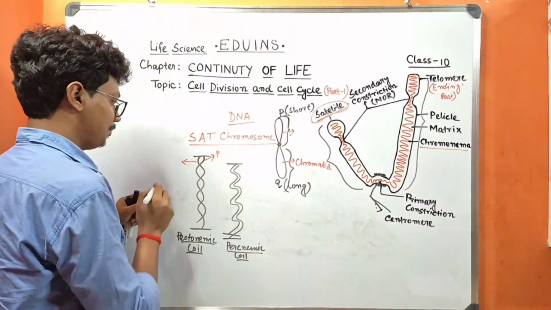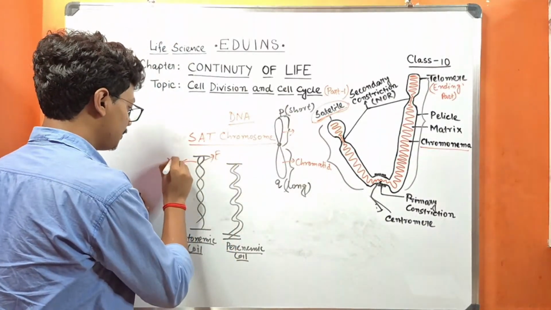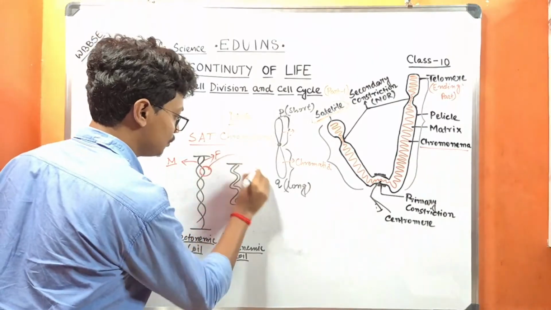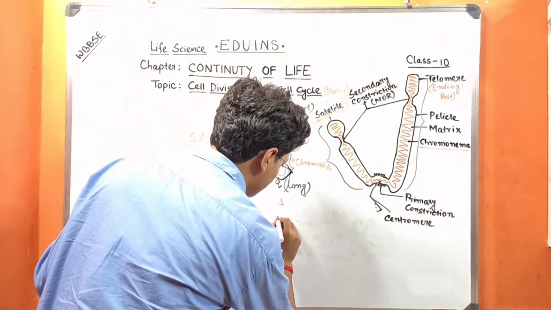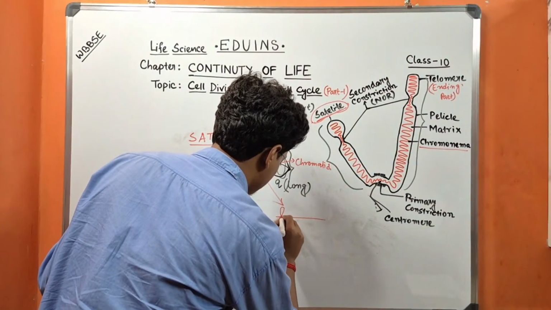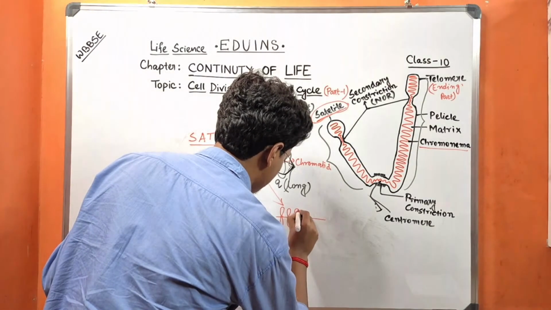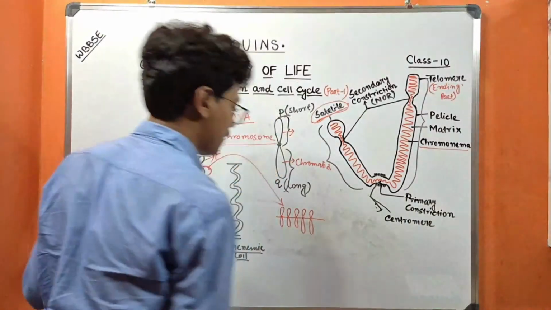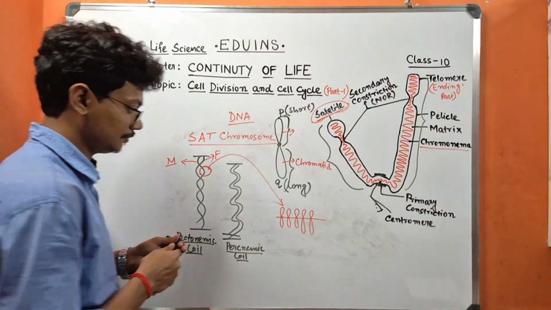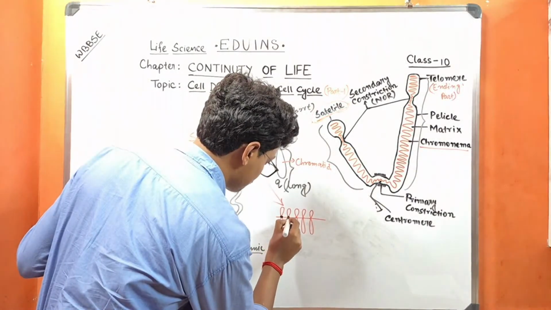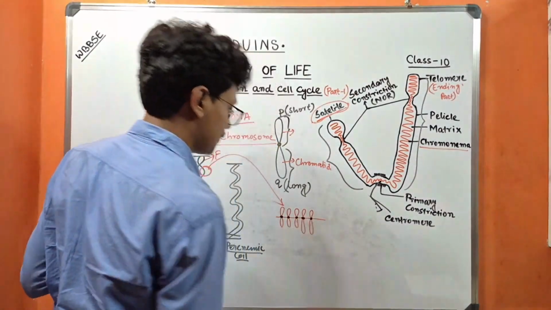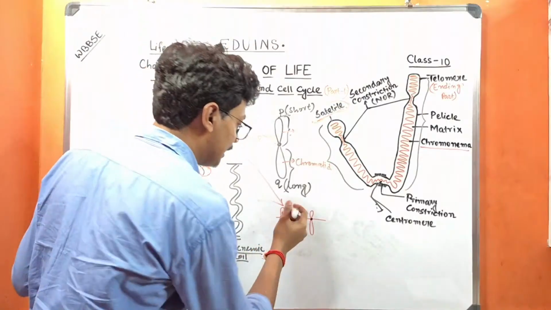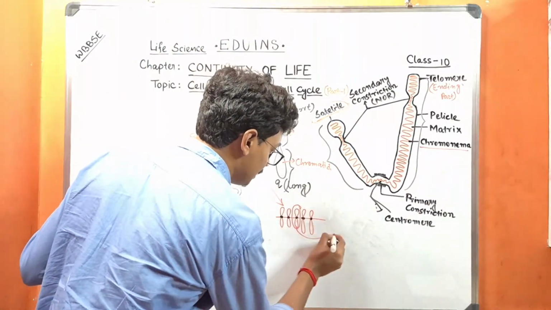So if this is the father and this is the mother, this structure, if I draw here, is like this. If I magnify this one structure, it will look like